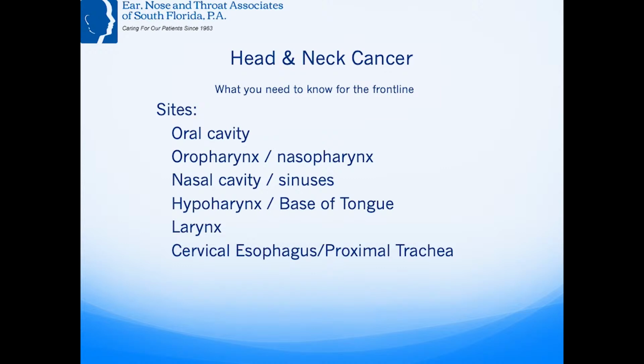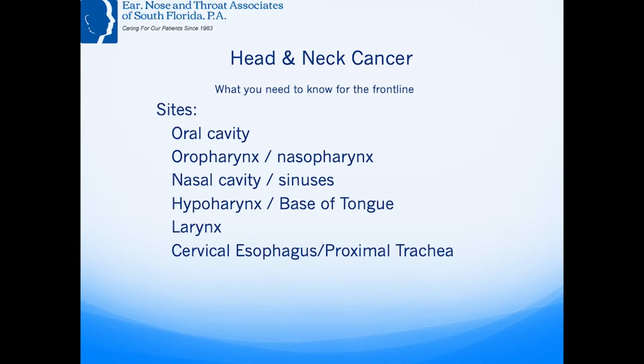In today's lecture, we're going to concentrate primarily on the oral cavity, that is, starting with the lips, buccal mucosa, palate, soft and hard, lingual tongue, floor of mouth, gingival ridge. Oral pharynx will include the tonsils, posterior fold, the posterior pharyngeal wall, the nasal cavity and sinuses, the nasopharynx, the hypopharynx, the base of tongue, which is now becoming a high prevalence site for cancers in our practice, larynx, cervical esophagus,